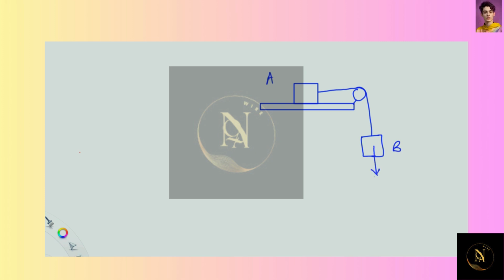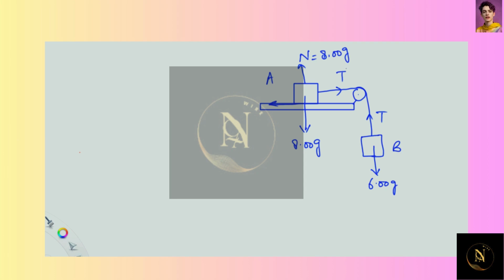Mass of block B is 6.00 kilograms, so its weight 6.00 g will be acting vertically down, and tension T in the string, in both the segments of the string about this pulley, is the same. Here block A has a mass of 8 kg, so its weight 8.00 g acts vertically down, so normal reaction N acts up, which will be equal to 8.00 g using Newton's third law of motion.